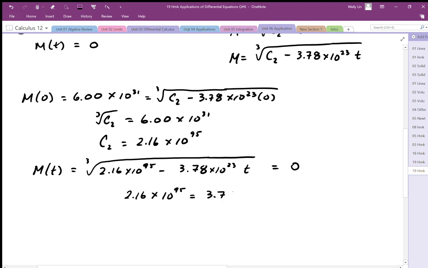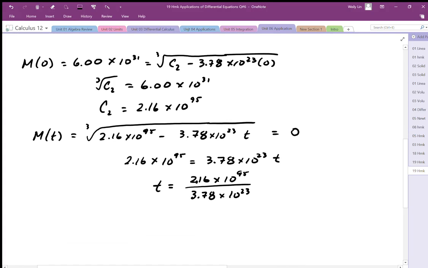I'm going to isolate the t value, so I'm going to divide both sides by that constant. So it's going to be 2.16 times 10 to the 95 divided by 3.78 times 10 to the 23, and dividing those out, we end up with the time working out to be